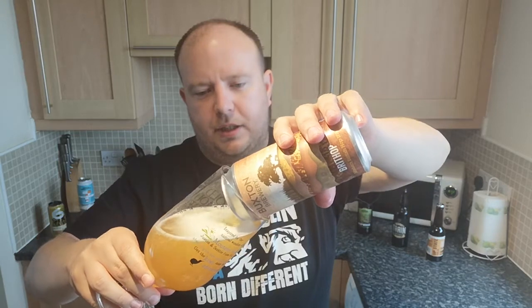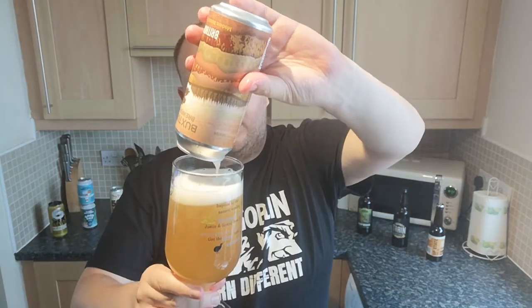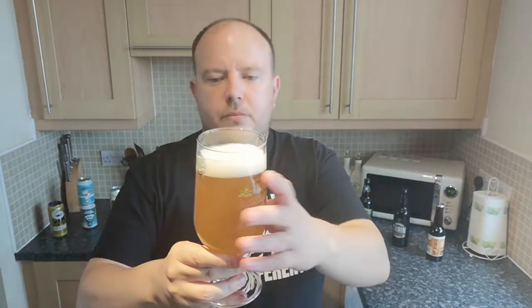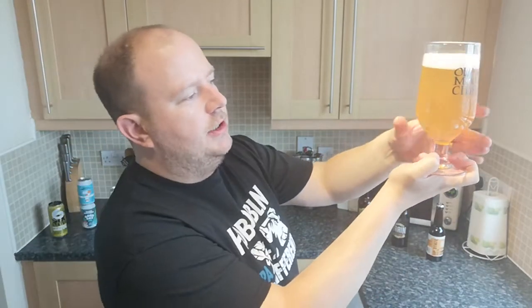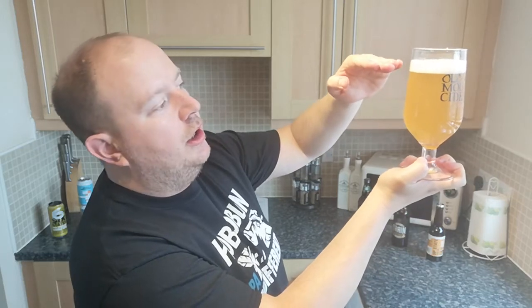Beer in the glass. Oh, it's can conditioned. I see floaters. So, it is a very light coloured. When I hold it up to the light, which unfortunately you can't see on camera, but it goes down, so you've kind of got